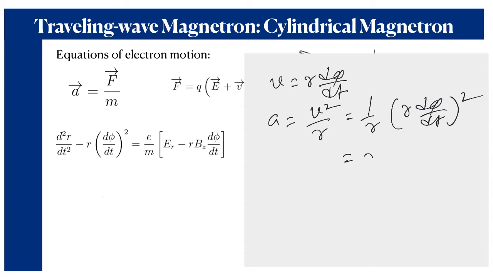So finally you can write r (dφ/dt) whole squared, and this acceleration I can denote as the angular acceleration. You can easily identify that this factor basically represents the acceleration due to the change in direction while the electrons are moving in a curved path. So this is the acceleration when they are traveling along the radial direction, and this is the acceleration when they are traveling along the curved path.